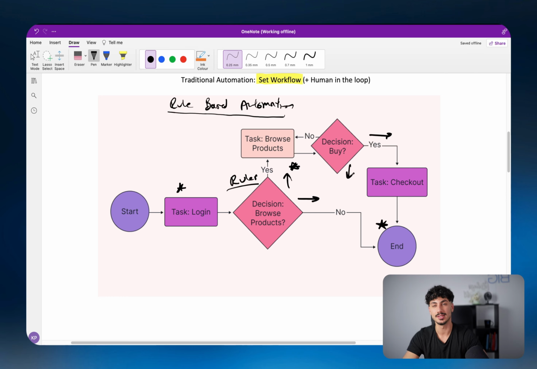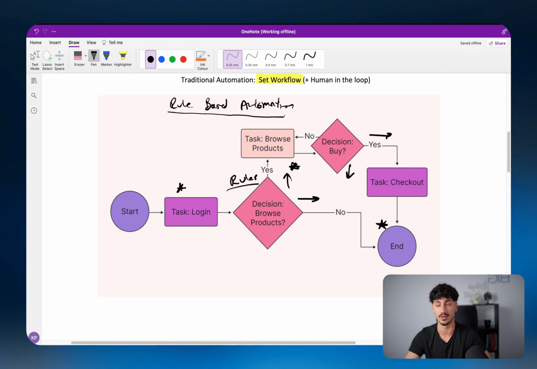Now, you can imagine that this is quite difficult to do, and it's quite resource intensive because you would have to be able to think of all the different cases or scenarios that would go through this automation and be able to define a logic for them. And eventually what you'd have is a process that's got 1,000 modules instead of just 5 or 6 modules in this example. This is obviously very hard to achieve, and it also narrows down the number of use cases you'd have for that automation, because you would have to have a very repetitive process to be able to automate it with rule-based automation.